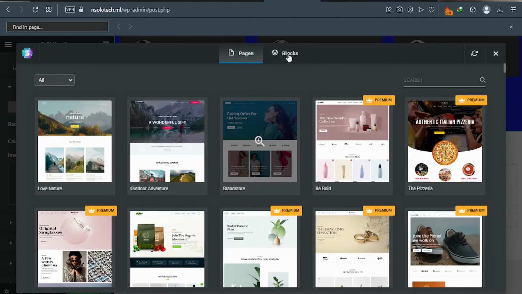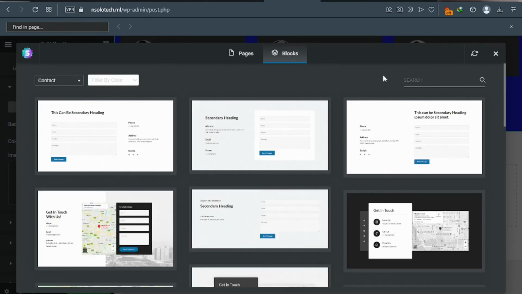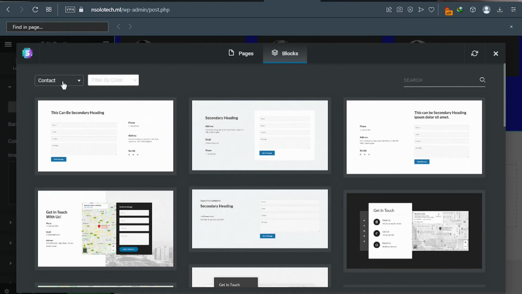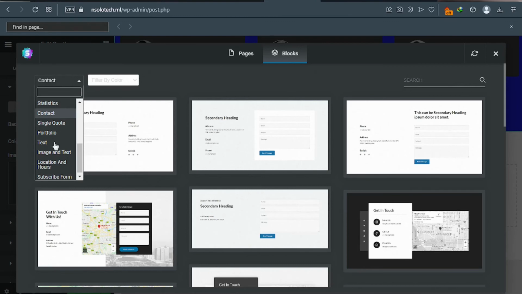Click on, scroll down this page and then choose your template. But before that, make sure you choose, let's go back. Make sure you select contact from the drop down. Okay, so from this drop down, make sure you select contact because we are going to work on our contact